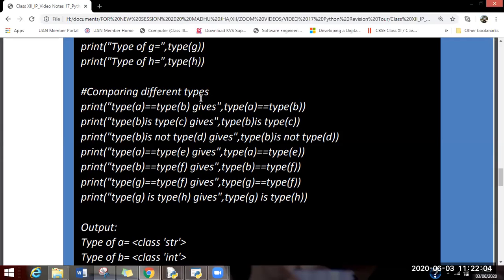Comparing different types. So what if we try to compare different data types? If you try to compare these, you can always do it with the help of double equals. Additionally, you can also use the is operator. Well, the is operator was used to check identity.